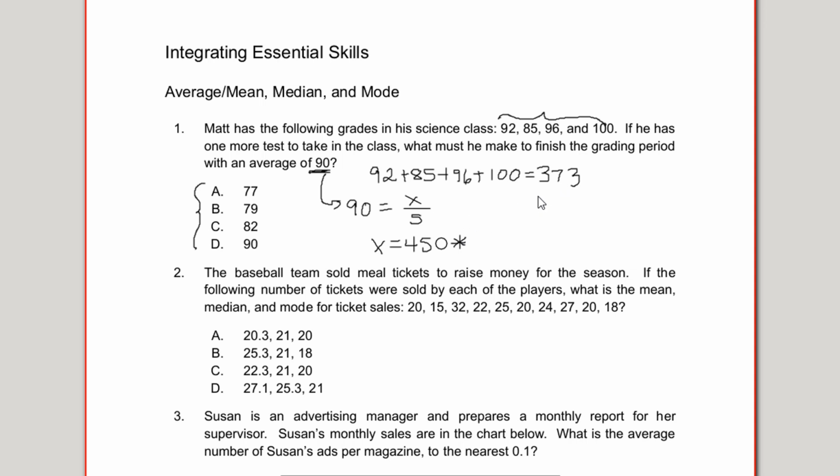We have 373. So we could take 450 and subtract from that 373, and we get 77. That means Matt needs to make a 77 to have an average of 90. So he needs to make, for an exact average of 90, 77 points, and that is answer choice